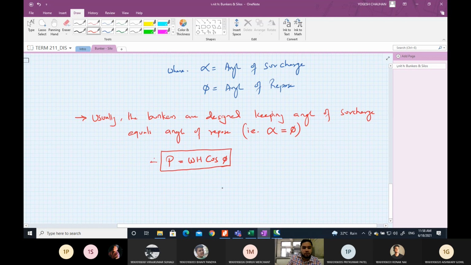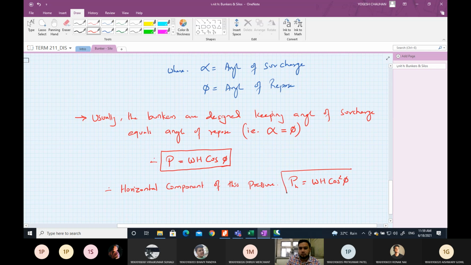And the horizontal component of this pressure, therefore, will be WH cos square phi. So the side walls are designed for this much horizontal pressure,